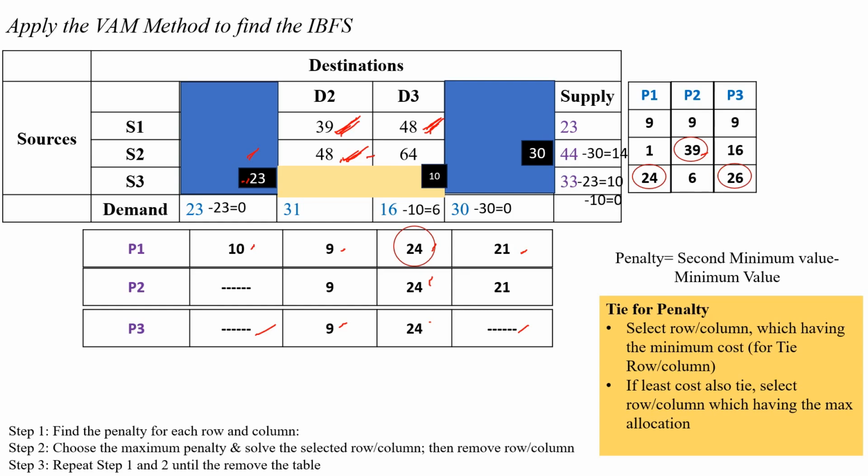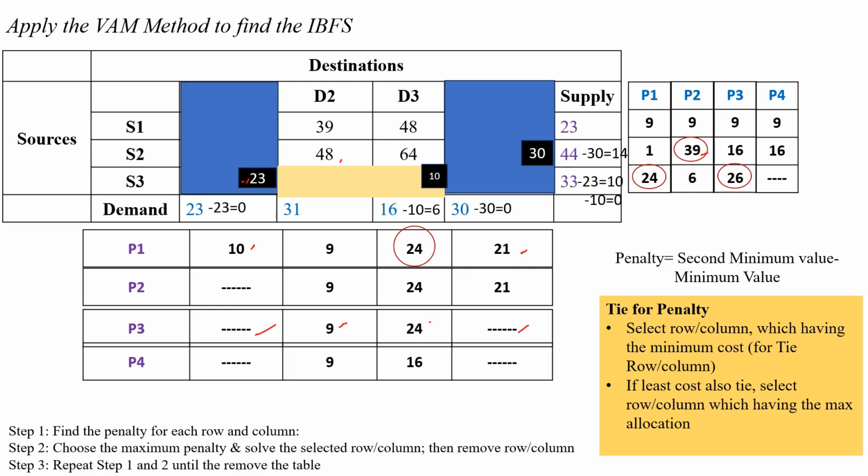Next we have to determine the penalty for the rows as well as the columns. For the S1 row, the penalty is 9 and the S2 row penalty is 16, and there is no S3 row. Similarly, we have to calculate the penalty for the columns. There is no D1 column. For the D2 column it is 9 and the D3 column it is 16, and there is no D4 column. So among all the penalties we have to choose the maximum penalty. Here the maximum penalty is 16 for the S2 row as well as